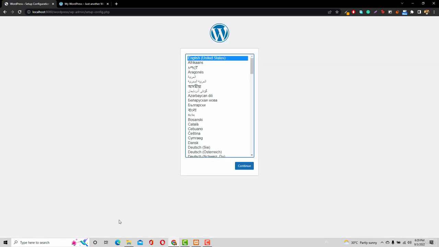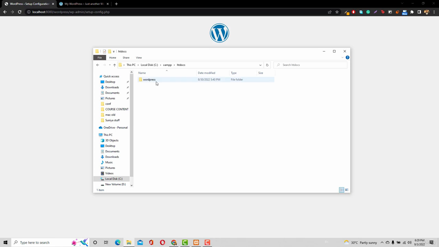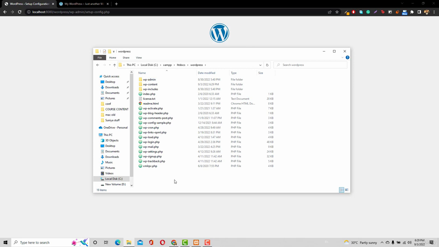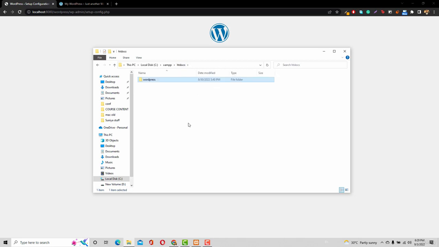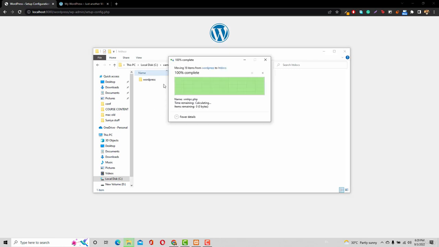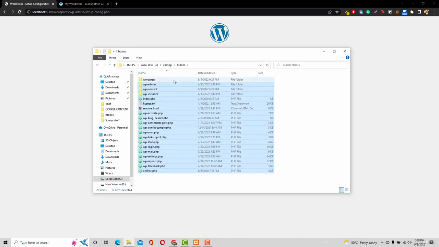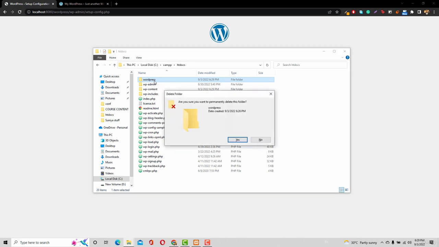So what we have to do is to move all the files that are inside the WordPress folder to the main htdocs folder. So we can open it up. Now we can select all the files by pressing Ctrl A, and then press Ctrl C to copy, or you can press Ctrl X to cut these files. Now you can go to the htdocs and press Ctrl V to paste all the files over here. Now we can get rid of this WordPress folder because we do not need it anymore,